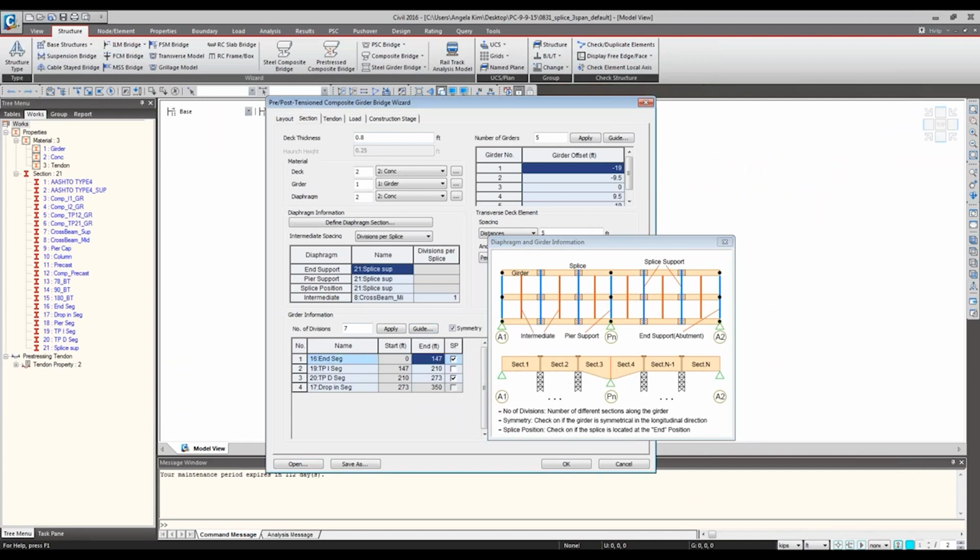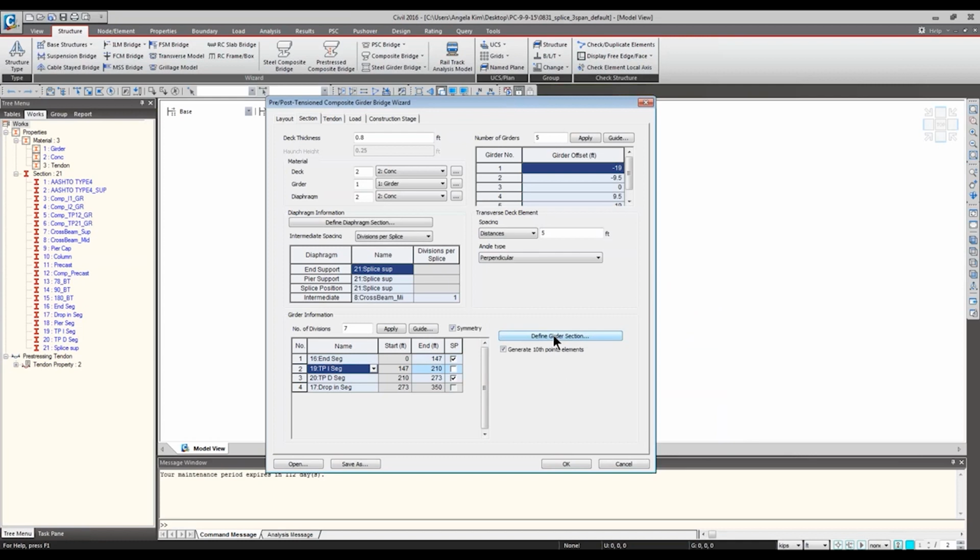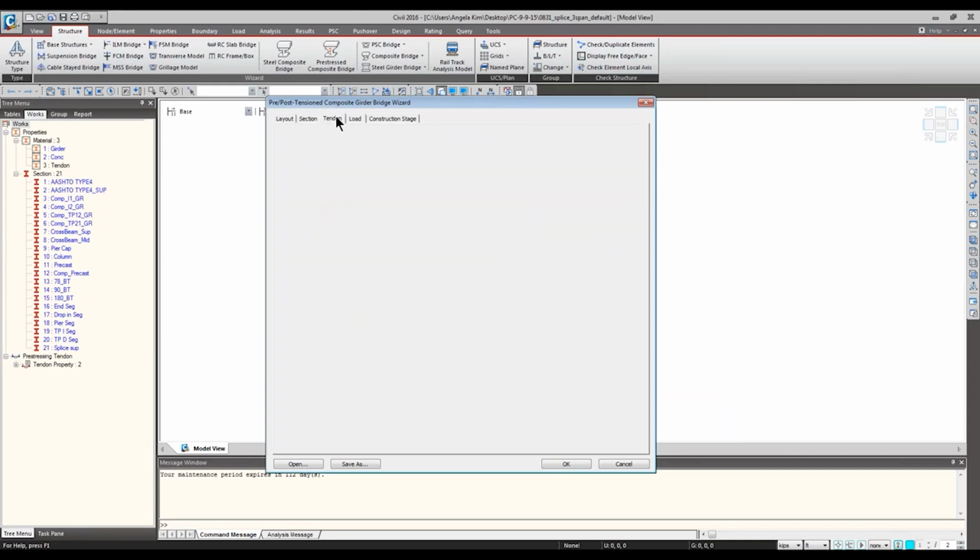So basically, for the first division, we have a splice point right here, so I check on this. In the second one, that's going to be the long portion. There won't be any splice up to the support. There's the splice point at the end here. So this way you can define your splice girder points. And this haunch portion, I defined a taper portion, but let me cover that after executing the wizard. So basically, very similar format.